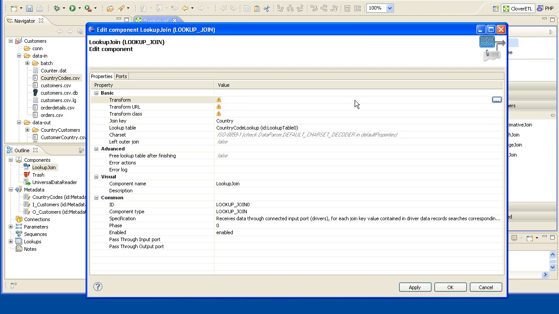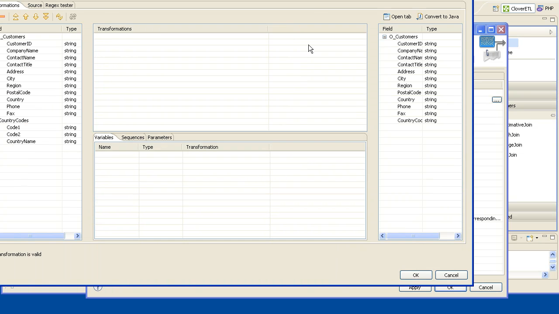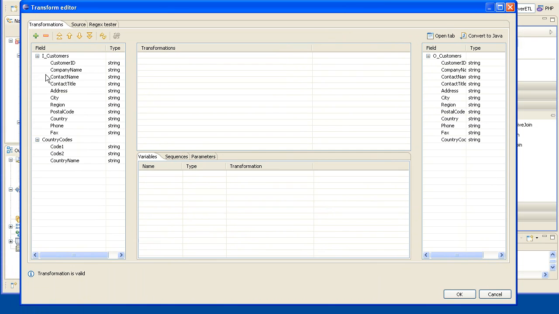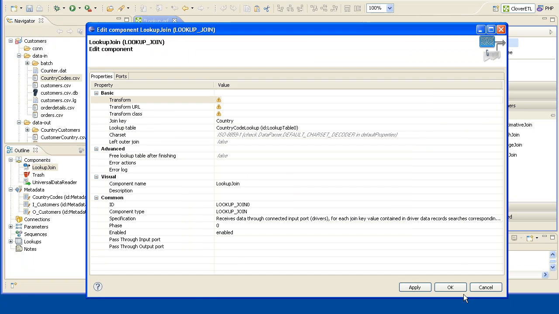So now we have to do the transform. And the transform is, again, I'm going to have to bring this into the field of view. So we've got the input ports, we've got the customers, there's our lookup, and there's the output. So I'm going to press the auto rules button, which will map every field it can. And now I have to just take the code one, drag that in, and that's going to map to the country code in our output metadata. And that's it. So when we now run this, if I've done this right,